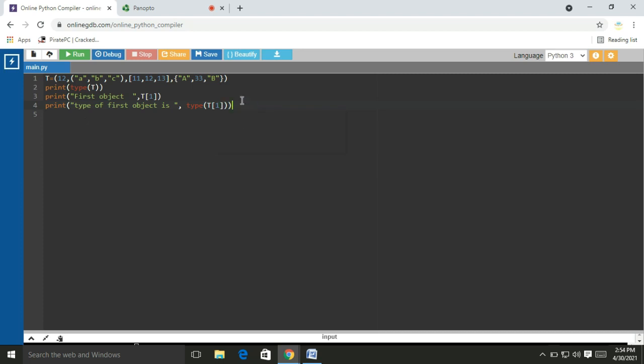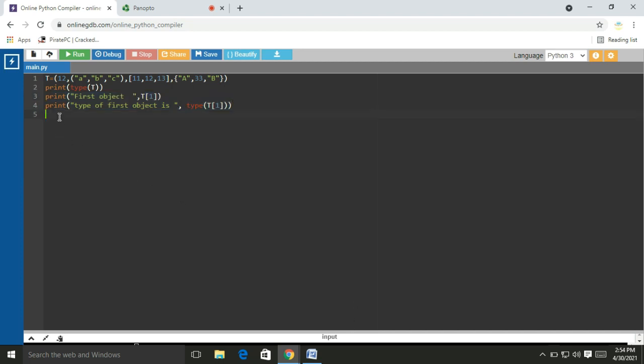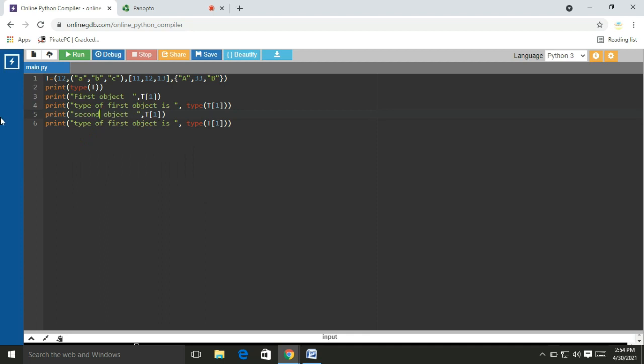Right? In the same way, I will type the second object and third object also. Here the second object is a list and the third object is a set. So I will just copy and paste and change here. Second object is T2, that is a list.